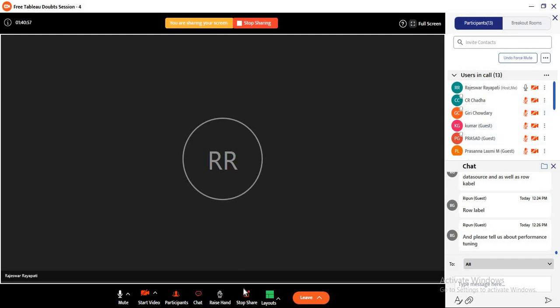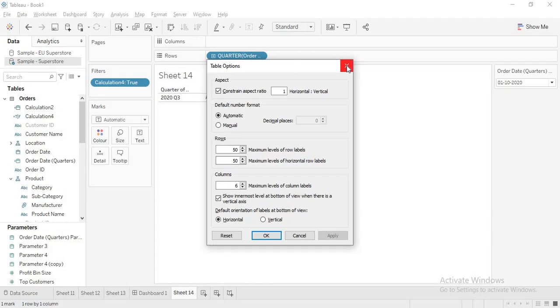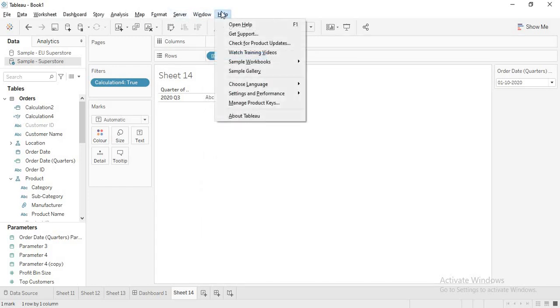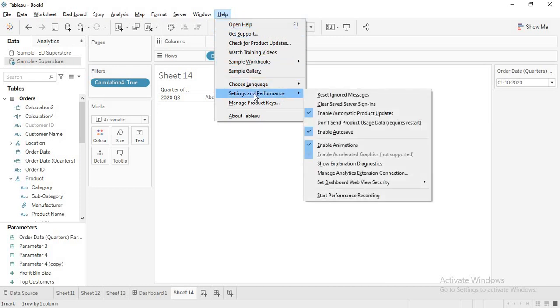Ripun is asking about performance recording. Now see, in the Help menu, you have this. I am a bit doubtful because this is on a Mac and there's a change. In the settings and performance, you have Start Performance Recording.